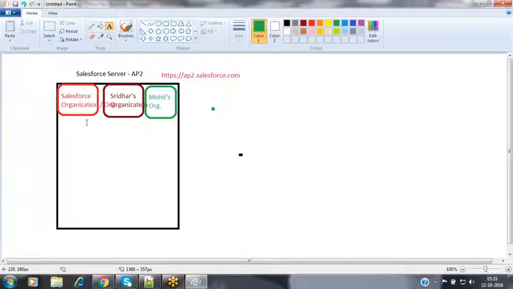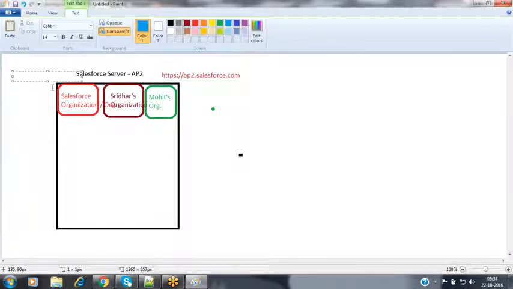So in this kind of scenario, how can we identify which organization the request has come from? In order to identify each and every organization separately, Salesforce allocates one unique identification number. That unique identification number is called the Salesforce.com organization ID.